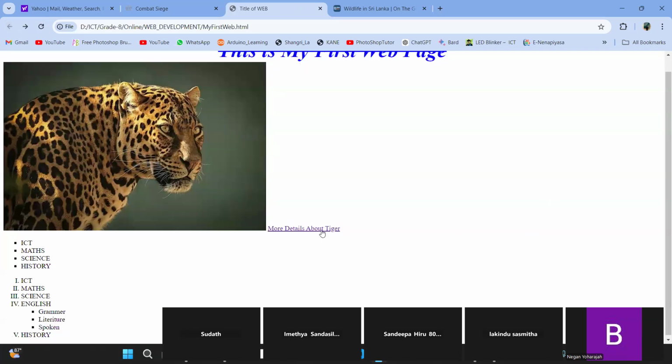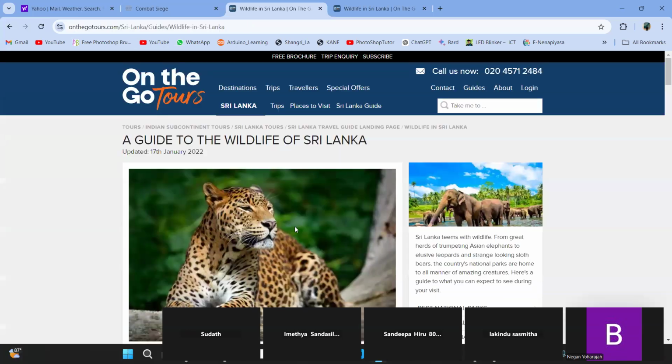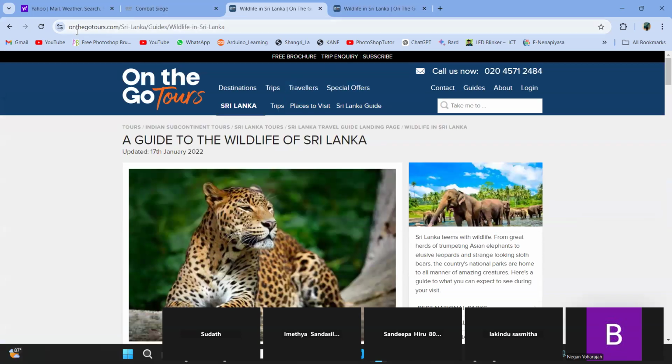This is how we insert a hyperlink to my web page. So I told you that a hyperlink is used to navigate between pages. If there are more details that I want to show about tigers, we can add this kind of hyperlink, right? So the user or viewer will find your content more convenient,